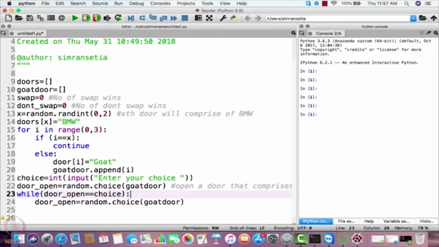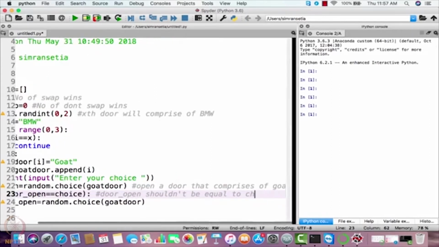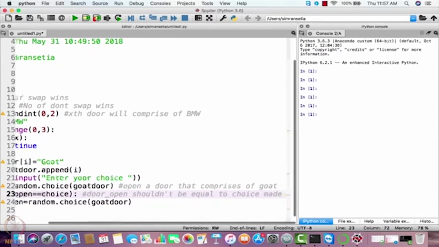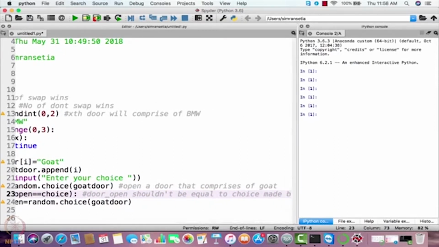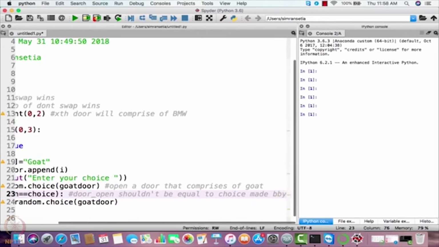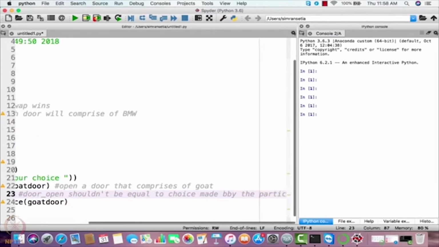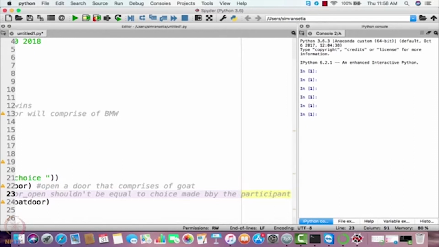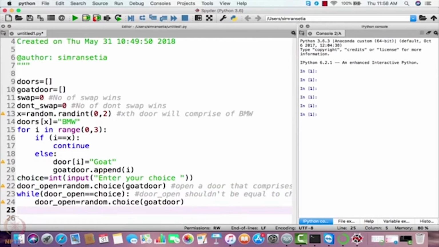I'll just write a comment here: door open shouldn't be equal to choice made by the participant. Okay, so we have also done that.